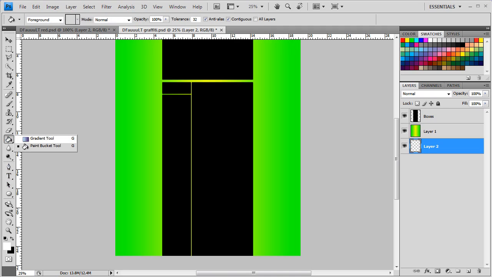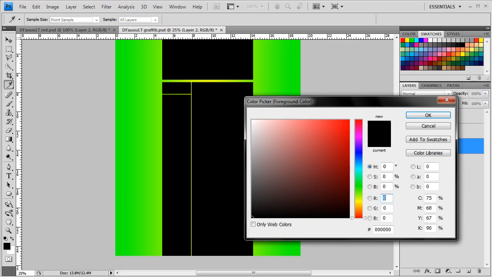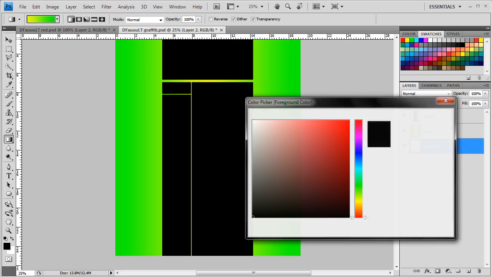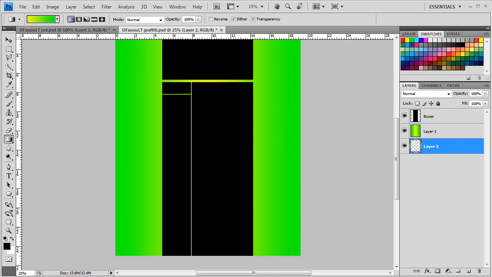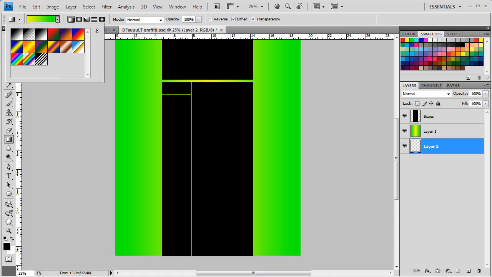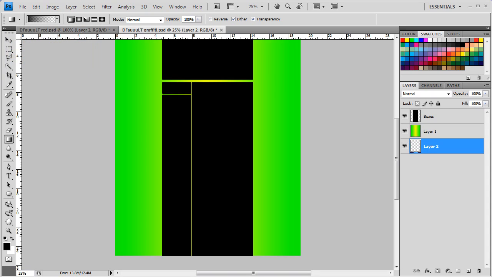I usually end up also adding a fade to the bottom. To do that, you just right click your paint bucket tool, if it shows up as paint bucket, then click on gradient tool, and make sure black is your foreground color, which it already is for me. Then make sure you have the regular fade selected, the far left one up here, and then click the little drop down arrow, and then click the black to transparent fade, and then make sure you've got your